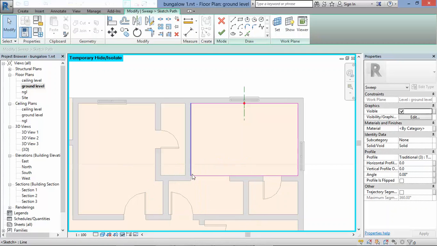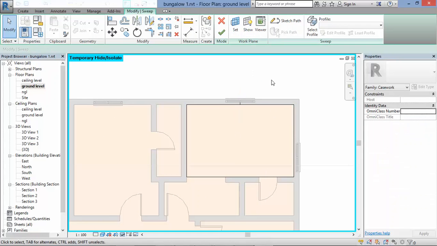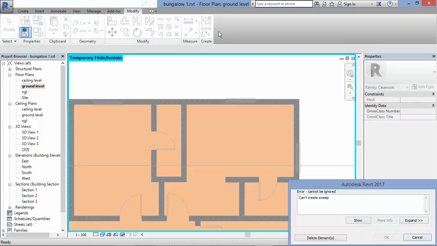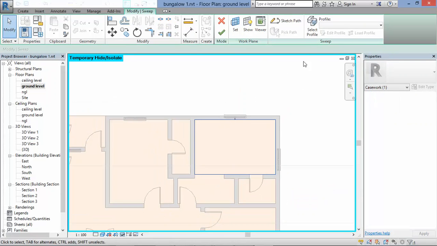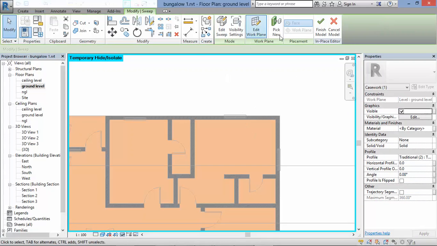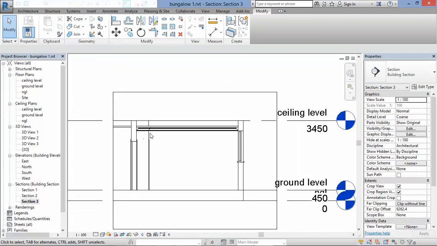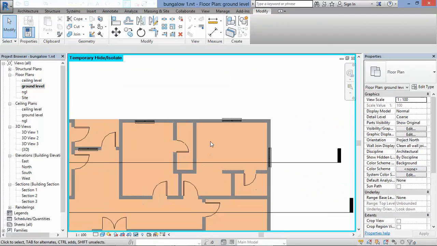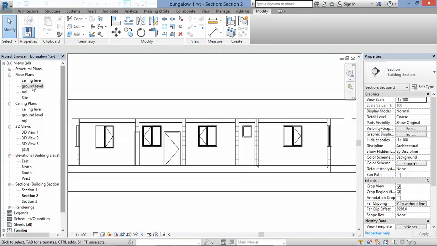So you create your check, select profile, okay, select, check another profile. So that one could not work for this area. Let's go to our